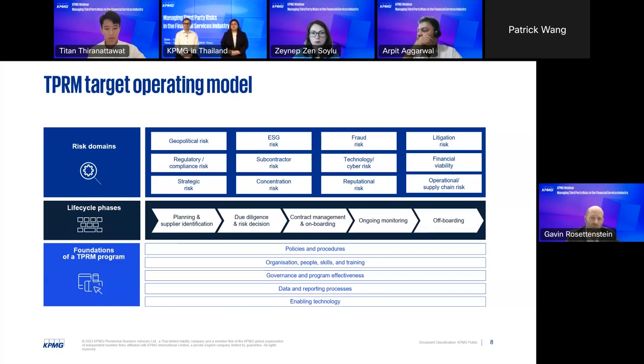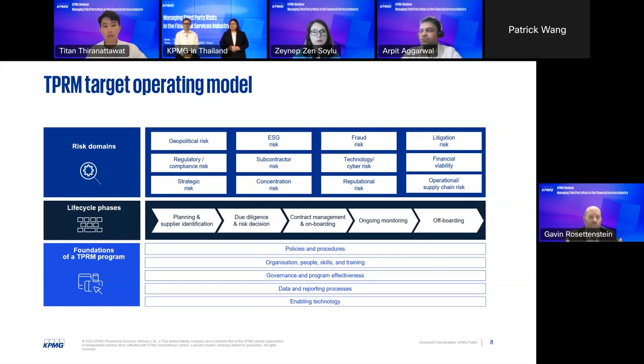So when you work through that, you may have teams that are engaged or involved. You may have specific teams, be it a cyber team, you may have a procurement team, you may have a fraud team, etc. within your organization. How do you ensure that those teams are engaged, again, across the life cycle? They're engaged at the right time. There's no duplication of activities that are being done, and there are strong handover points between those different teams. So how do you organize appropriately to be able to do that?